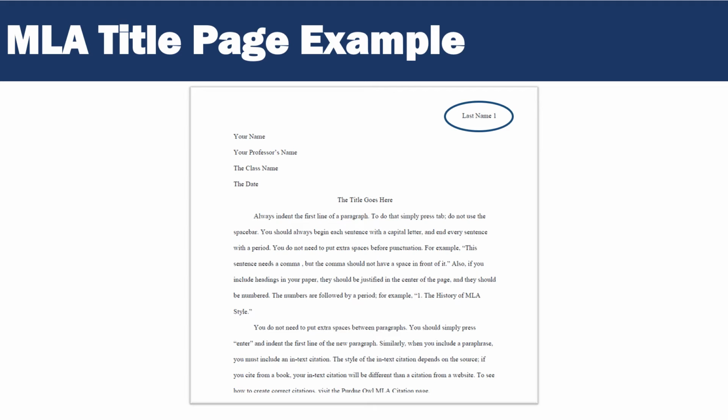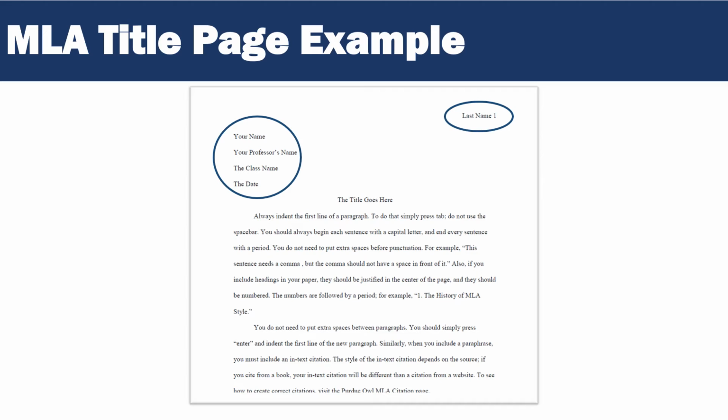You have your header on the top margin with your last name and page number. To do this on a Word document, double-click in the top margin, tab over to the right, type your last name and add a space, then insert the page number. You will see that in the top ribbon and select the option Current Position. Close out of the header and you should see it repeat on each page. If you have trouble with this, YouTube gives examples of how to do this and it is a great resource.